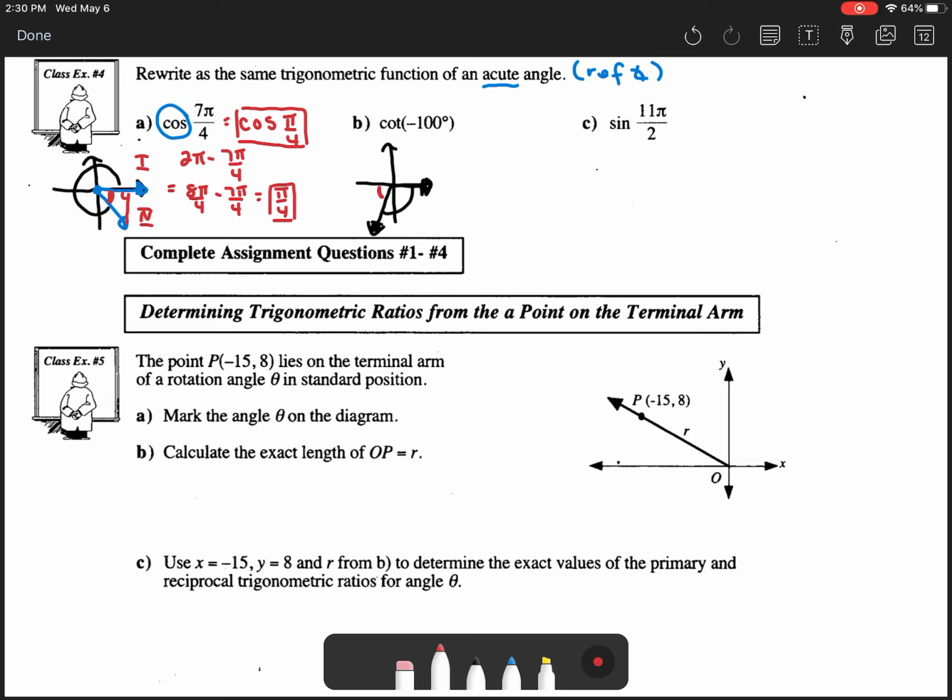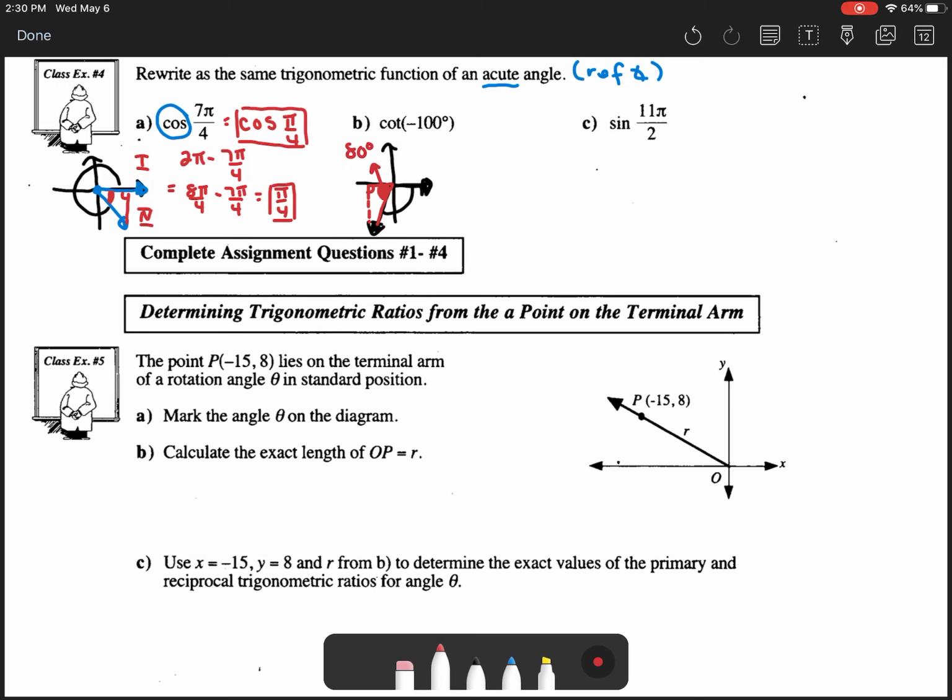So where is the reference angle? Well, the reference angle is right there between the terminal arm and the x-axis. There is where your little right angle triangle and reference triangle would be. And there, like I said, is your reference angle right in that corner. Okay. So they've rotated negative 100 degrees, which means in this case, my reference angle, which is right in